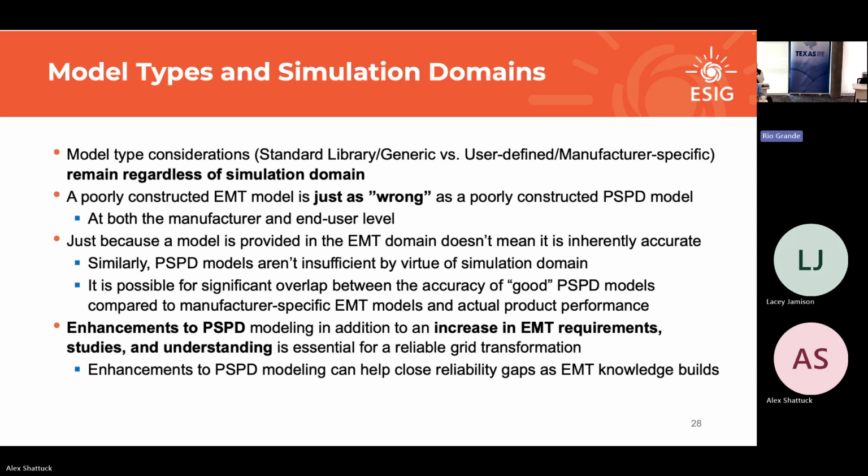Keep in mind that there's an overlap. And if we could all get agreement on EMT as the new shiny topical thing, maybe we could put some of those principles back into the phasor domain process and raise the bar for everything. So enhancements to both modeling requirements really helps get us these models and understanding that we need to make sure the grid transformation is reliable. So closing reliability gaps, we need both tools to do it, but we're going to focus on EMT for most